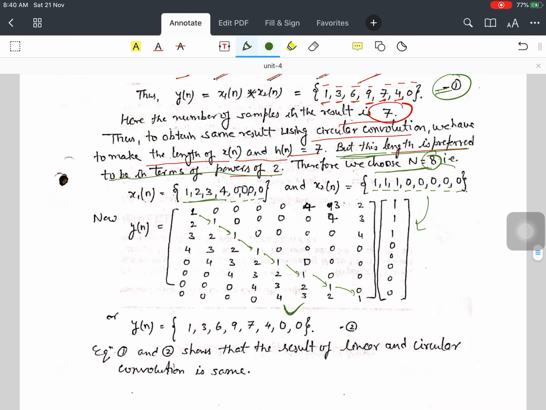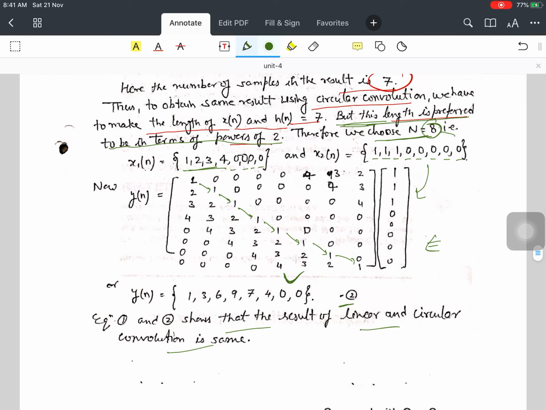by linear convolution. Now, when we are doing circular convolution, both equations are the same. In the previous example we have seen that circular convolution and linear convolution are different. But if you want to achieve the same answer, whether it is coming in circular convolution or linear convolution, both should be the same. For this, you have to use this 0 padding method. When you pad the zeros, you will get the same answer in linear convolution and in circular convolution.